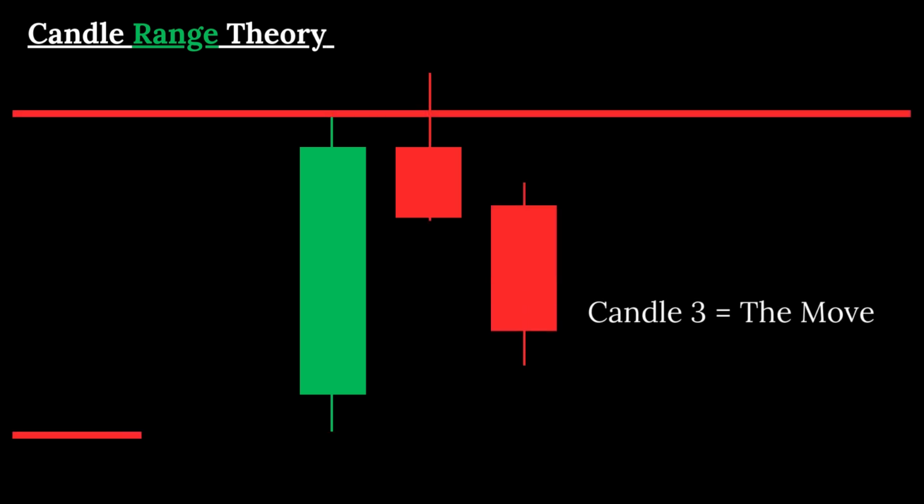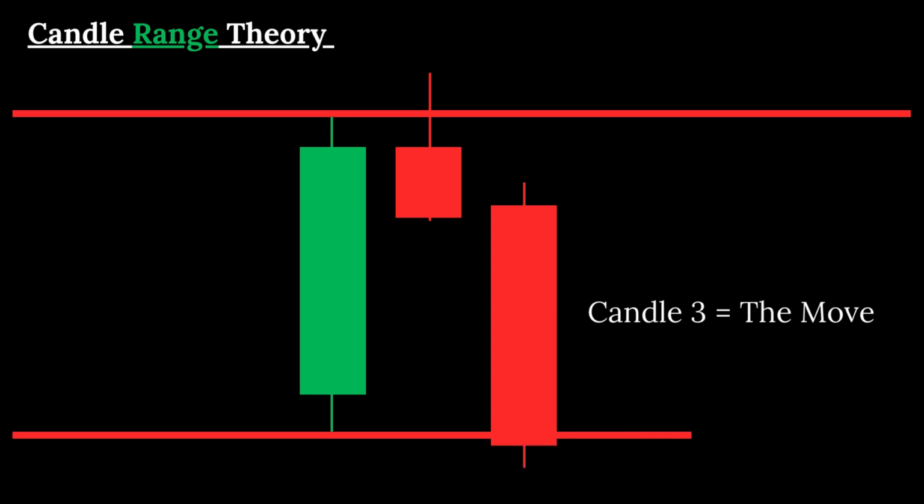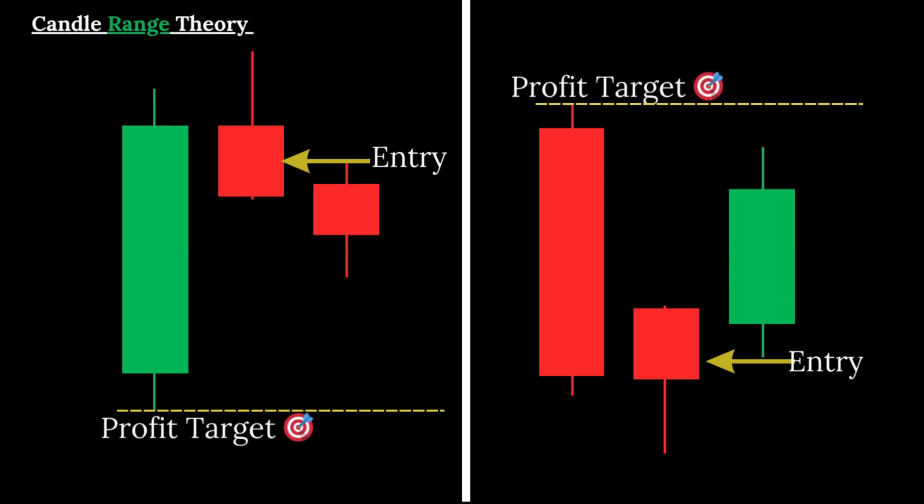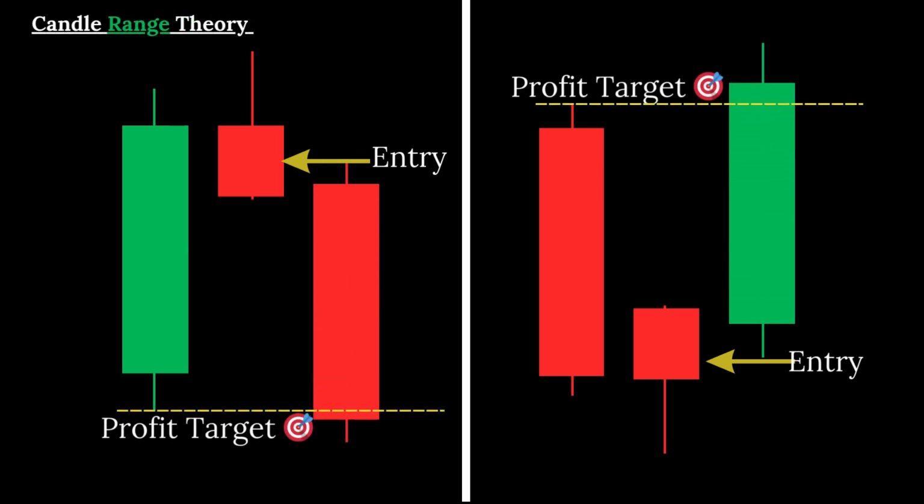Candle 3. This is the move. After liquidity is taken and structure shifts, this candle becomes your entry trigger. You'll be looking to enter on a bearish fair value gap or order block for short trades, or a bullish fair value gap or order block for longs, targeting the opposite end of the initial candle's range as your first